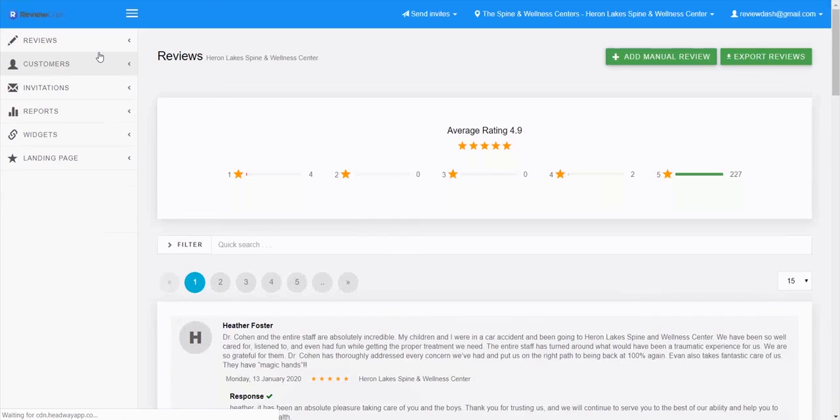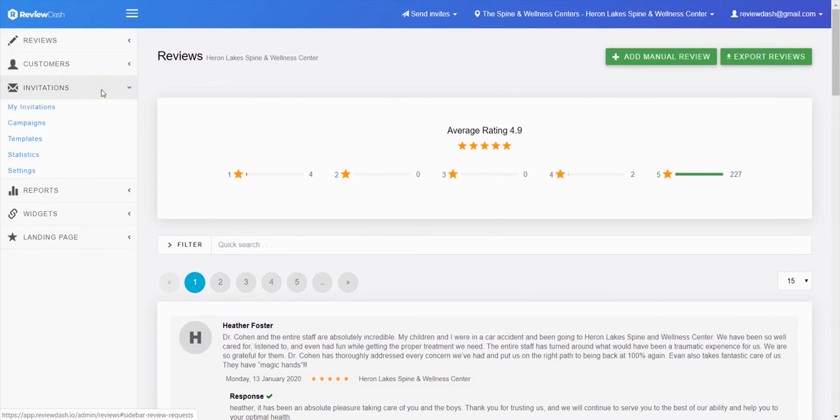I'm really excited. Thank you so much for sticking with me through this whole demo. And essentially, as I said in the beginning, to wrap it up, review management and review generation. As you can see, I think there's really a lot of tools for review generation between the email, the SMS invites, the different widgets for your email, for the website, the landing page that you can place on your website, the opt-in page for staff to enter people into those campaigns,